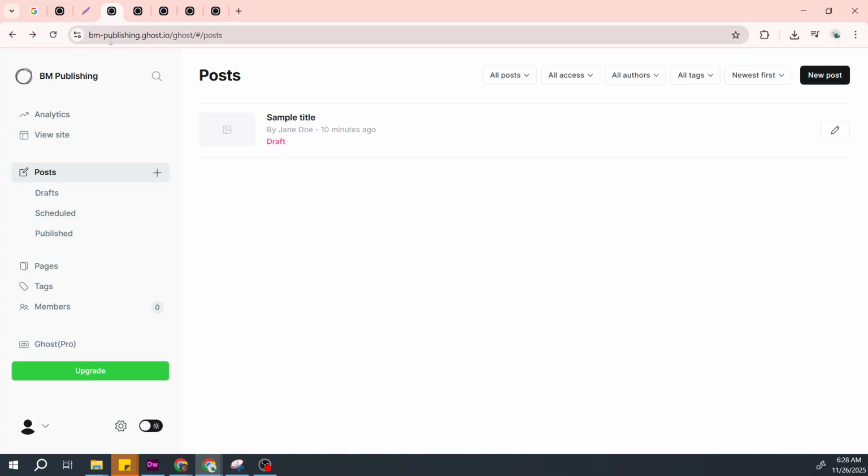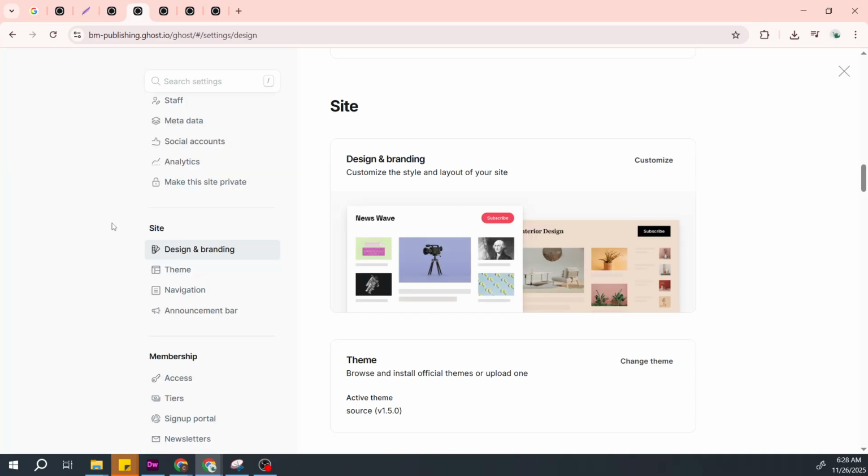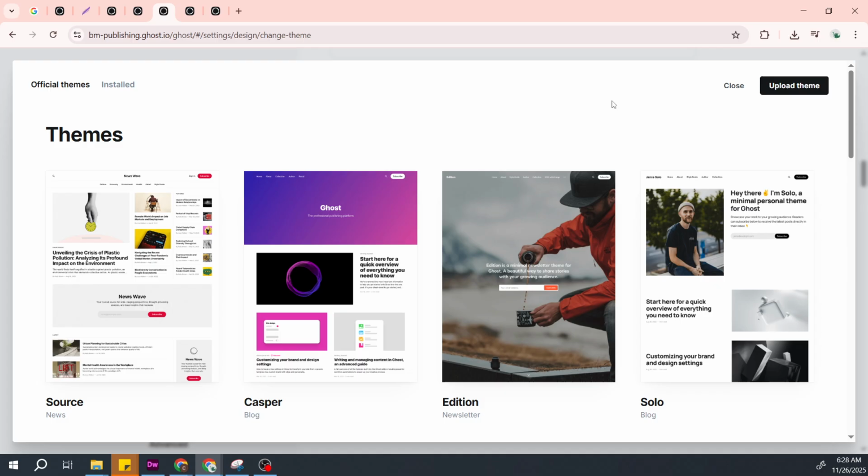To install a new theme, open the sidebar and go to Settings, then choose Design. On the Design page, look for the Themes area. Click Change Theme, and then choose Upload Theme. You can drag and drop your theme's .zip file right into the upload area, or click to browse and select